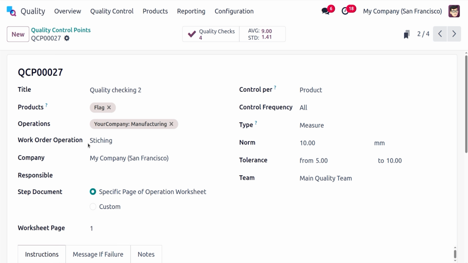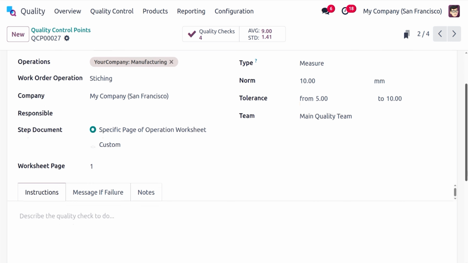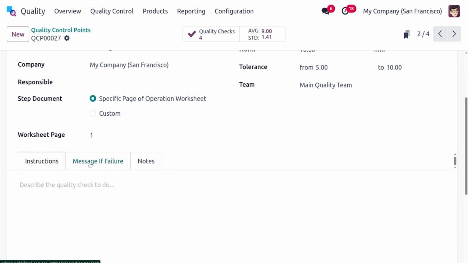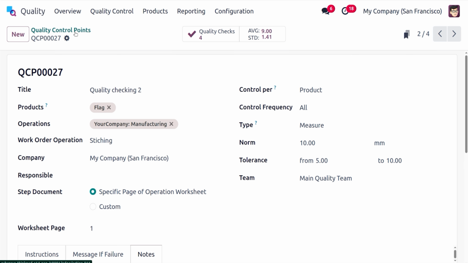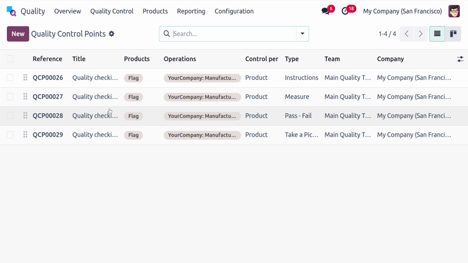Here we can see the work order operation is stitching, which means we need to add some quality checking during the stitching process, and the type is set as measure. Here I am adding the norm as 10 mm and the tolerance from 5 to 10. And there is no instruction and message if failing, and notes are not added here. So let's check the next one, which is